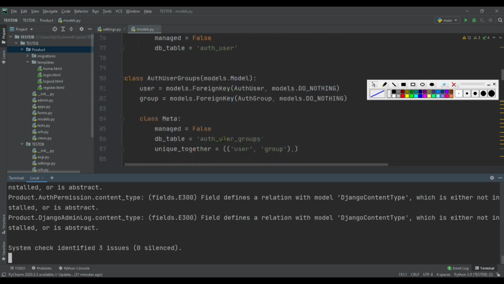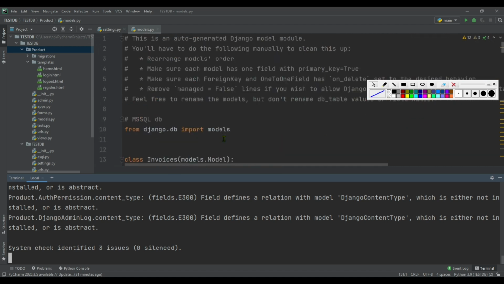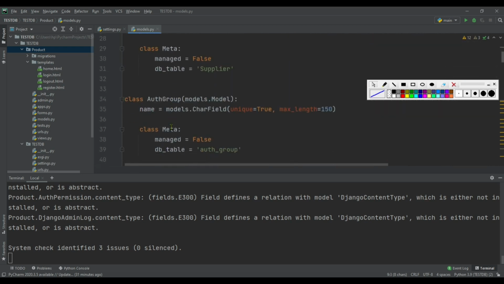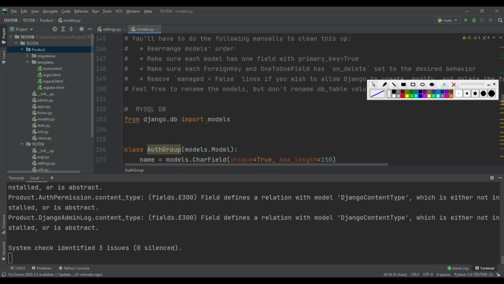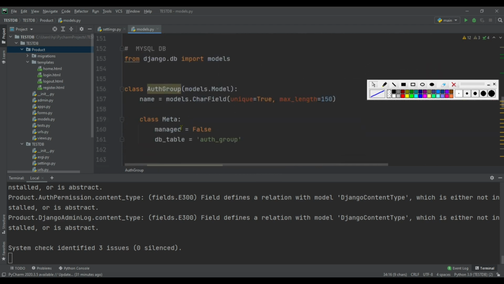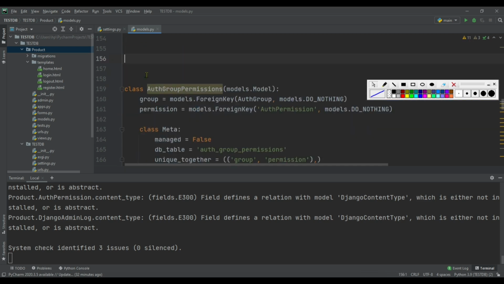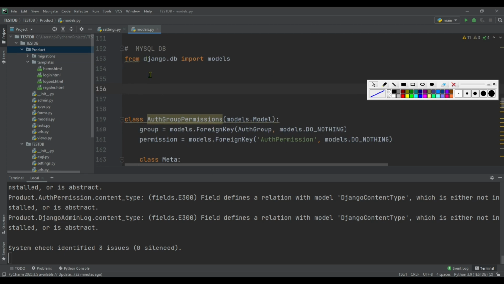So if we see here inside this MS SQL DB, auth group table is available, which is the same table name available inside MySQL DB. So the rule is the table names must be unique. So remove the duplicate tables. I am removing duplicate tables from MySQL DB.